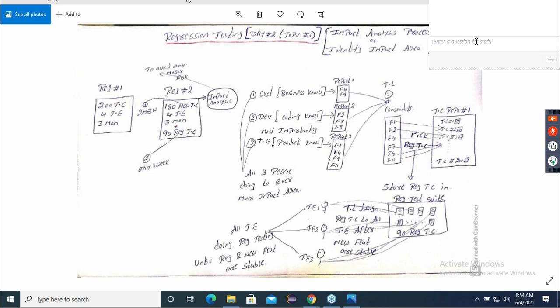If you see the whole diagram, you will get confused and you will commit mistakes. So don't see the whole diagram at a time. Let's go one by one. Release number 1. Just now release number 1 started. In release 1, 200 test cases were written. 4 testing units were there. 3 months was the duration.